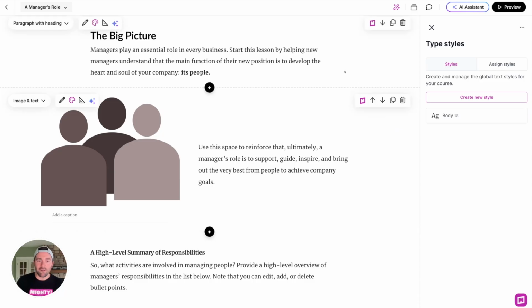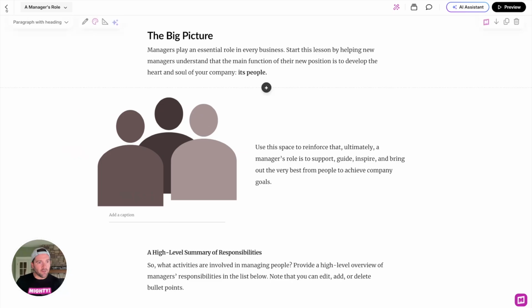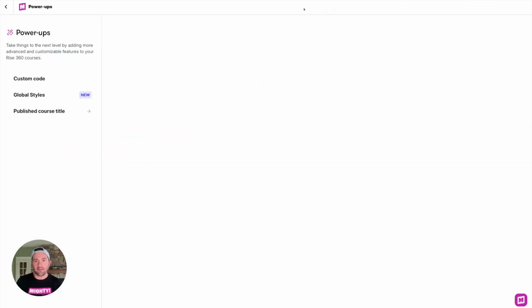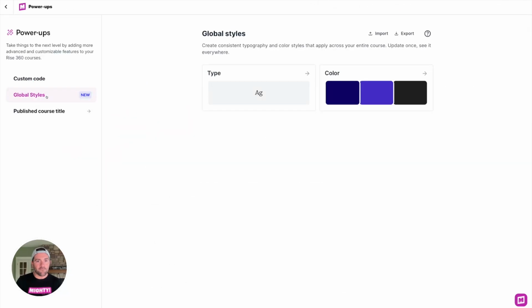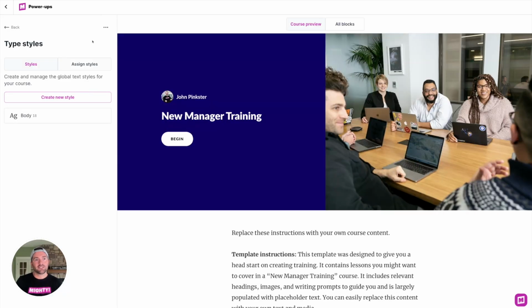Lastly, I will briefly show you a couple of other features that we've got with the global styles. First is the starter styles that Mighty ships with. So you may not want to do all this manual mapping on your own. You may want Mighty to just do that for you. So when you first get started, if I were to delete this, there was a little helper guide at the beginning. But what I'm going to do is just go up to this triple dot and just say import